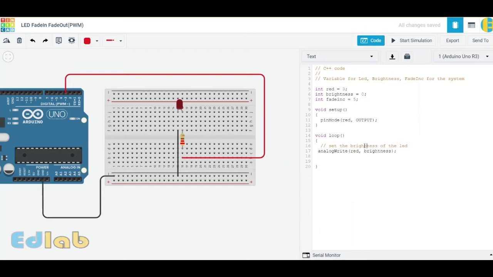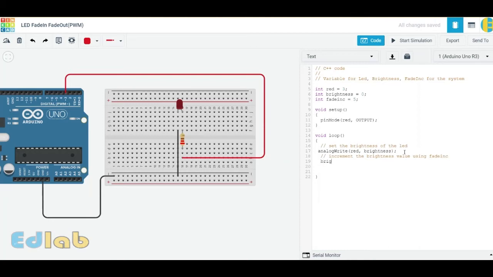the value of the LED will be 0. So the brightness of the LED will be 0. Now we want to increment the brightness value using fade increment.